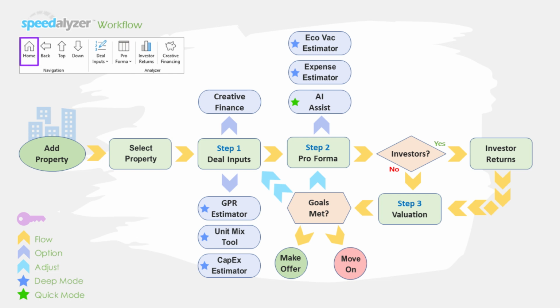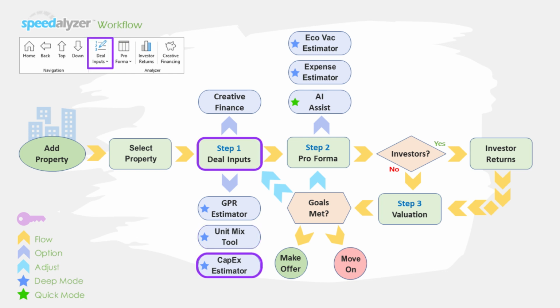Starting from the home page, add the property to your My Property list, then select a property to start your analysis. Navigate to the Deal Inputs page and complete the Step 1 deal inputs. At this stage, you have the option to model creative financing if the seller is open to it. You'll also have access to optional deep mode tools, such as the GPR estimator to help determine your T12 and Year 1 gross potential rents, the unit mix tool to analyze the seller's rent roll, and the CapEx estimator to